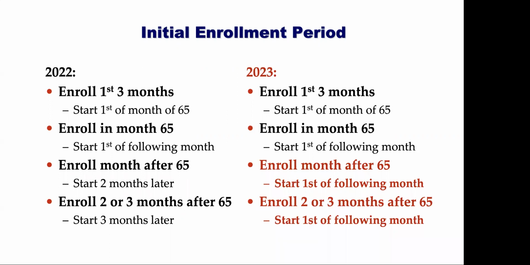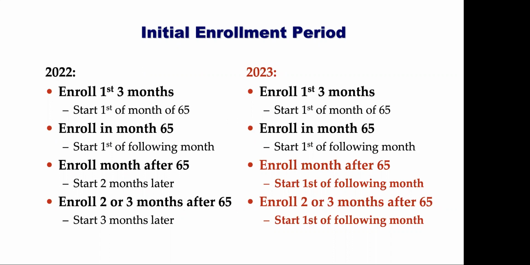So in 2023, if you enroll in the month after your 65th birthday, your coverage will start the first of the following month. And even if you enroll in either of the last 2 months of the 7-month window, your coverage will again begin the first of the following month. This is the result of legislation that was passed back in 2020 that is now going into effect in 2023